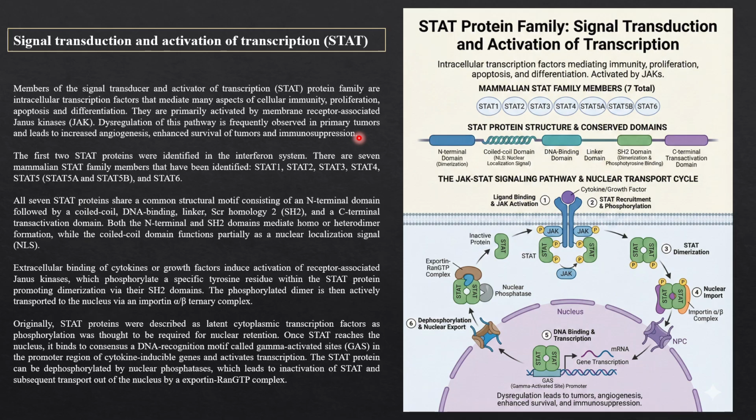The signaling process begins when a cytokine or growth factor binds to the receptor on the cell surface, and this activates the associated Janus kinase or the JAKs, which phosphorylate specific tyrosine residues on the receptor. The STAT proteins are then recruited to these phosphorylated sites through their SH2 domain and become phosphorylated themselves by the JAKs. Once phosphorylated, the STAT proteins dissociate from the receptor and form dimers through the interactions between